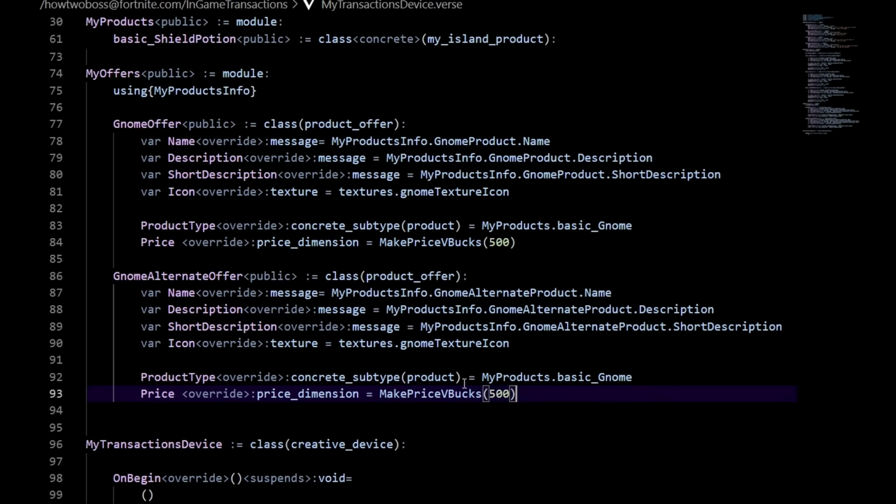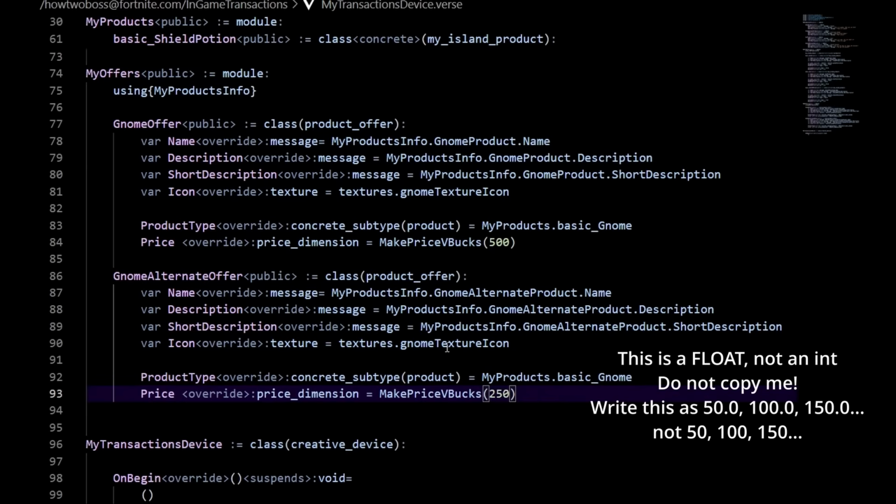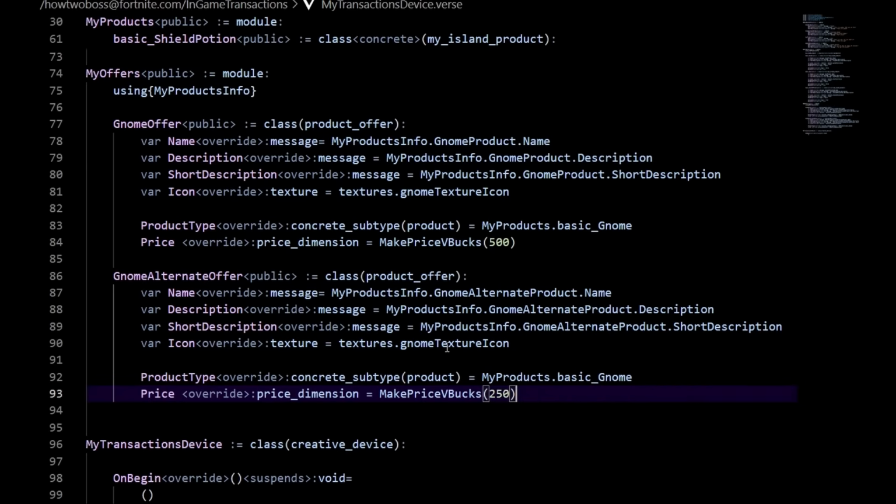So for example, now our gnome alternate offer, let's say it's top price, so it'll be 250 V-Bucks. So this is going to be my alternate gnome offer. That's going to be 200 V-Bucks. Now let's say I can actually add parameters for this offer. For example, I can make it so it's only available in certain countries or for players that are a certain